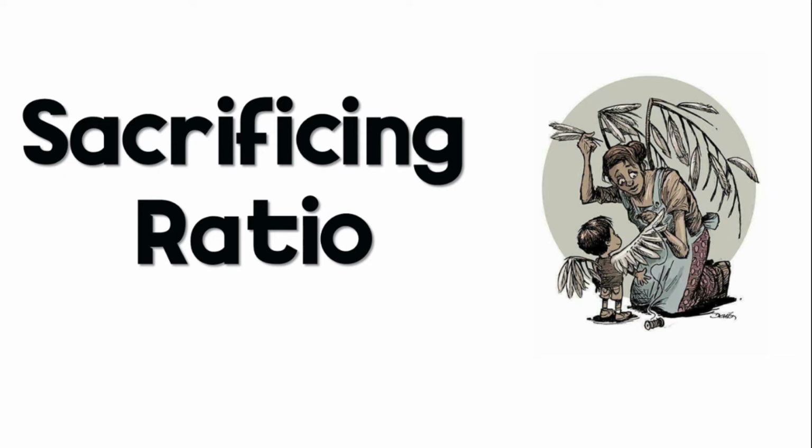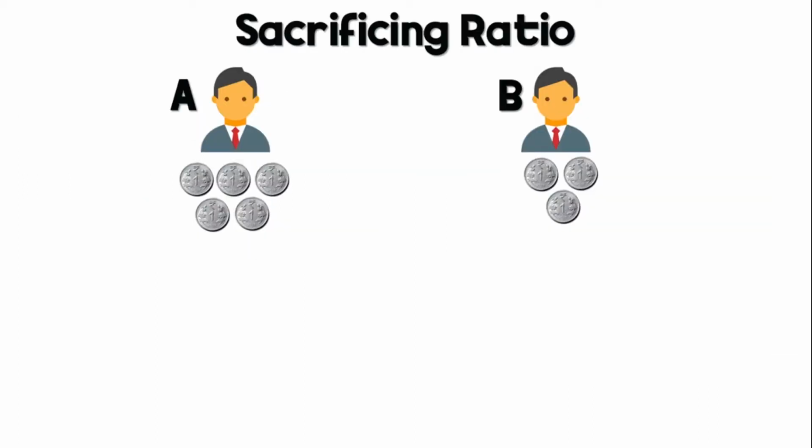In this video we are learning about sacrificing ratio. Usually the sacrificing ratio is nothing but when an old partner agrees to sacrifice some portion of profit to the new partner, that is called a sacrificing ratio, or the amount which they are sacrificing is called a sacrificing ratio. In order to make sense, I'm bringing you a simple example for this.